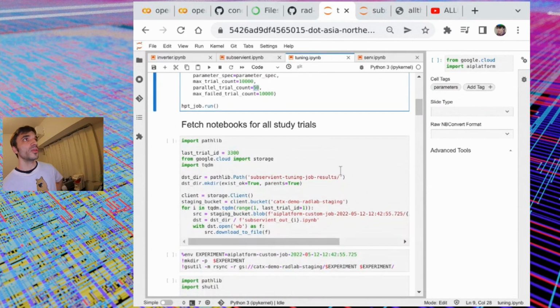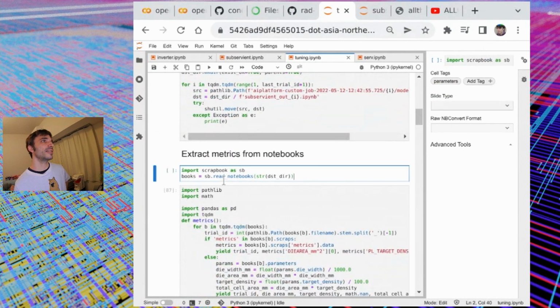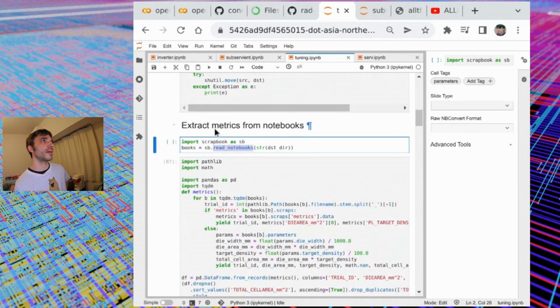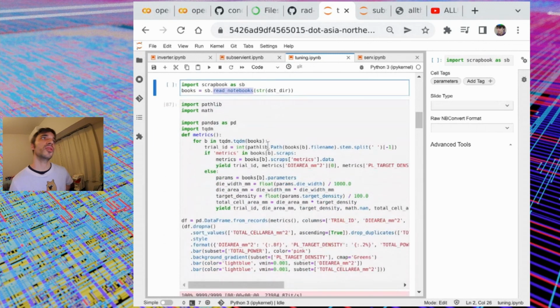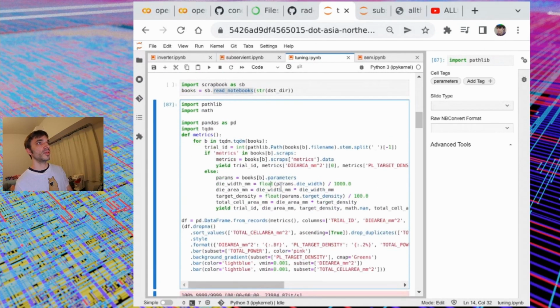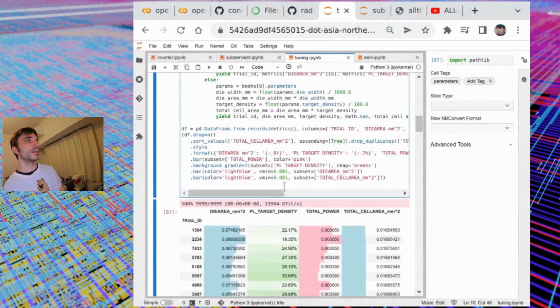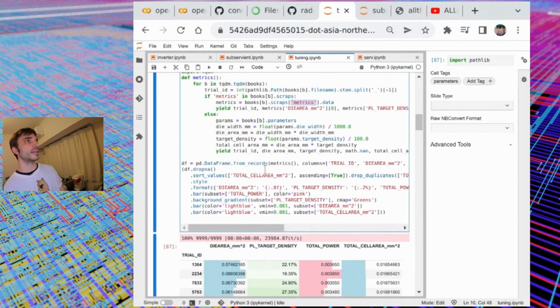And so once we have all those notebooks, we can read them. There is this scrapbook function that takes a directory and reads all the notebooks inside this directory. And yeah, it's 10,000 notebooks. Once you do this, you can aggregate the data that's inside those notebooks. So for each of the notebooks that you open, you can access the scraps. Basically anything that you glue to the notebook is accessible inside this key value. And here I'm just accessing it and